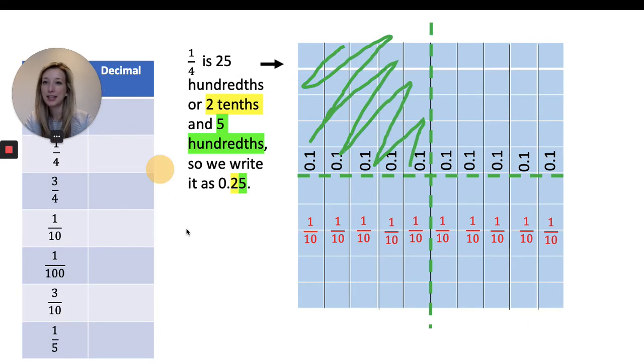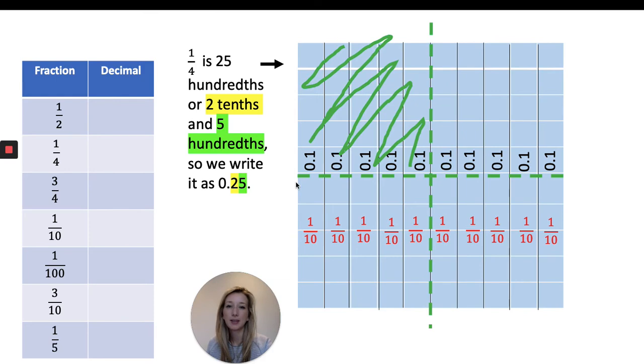Similarly, with quarters, if you take that whole one and you divide it into 4 quarters, you would end up with this part here that I've shaded in green. That would be a quarter, which if you count all the squares is 25 hundredths. Or we could say that's 2 tenths because there are 10 hundredths in a tenth. So that's 2 tenths and 5 hundredths. So we write it as 0.25